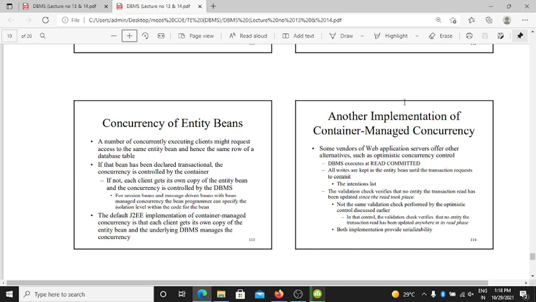If not, each client gets its own copy of the entity bean and the concurrency is controlled by the database. For session beans and message-driven beans, bean managed concurrency is controlled by the bean.